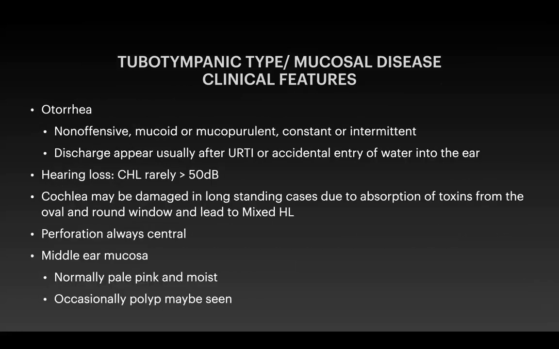The clinical features in tubotympanic type include otorrhea, which can be non-offensive, mucoid or mucopurulent, constant or intermittent, usually after upper respiratory tract infection or accidental entry of water into the ear. Conductive hearing loss, rarely more than 50 dB. Mixed hearing loss also can occur in cases where the cochlea is damaged due to absorption of toxins from the oval